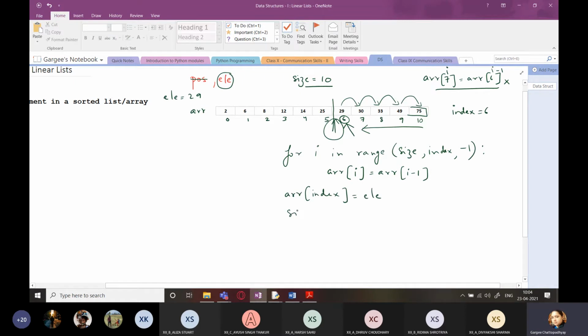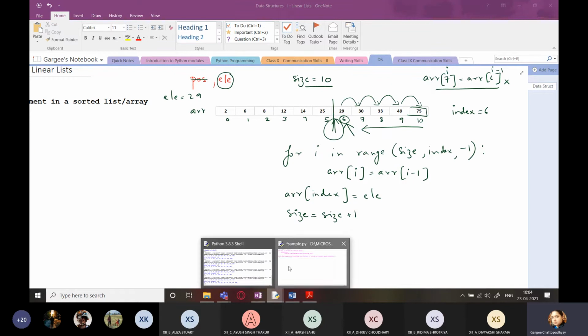And size, you can calculate it, size equals len, or normally in traditional algorithms we write size equals size plus 1, because there the arrays are not dynamic data structures. In Python, lists handle almost anything instantaneously. Okay, but in traditional languages, the traditional arrays don't have such things. The programmer has to do it himself, right? Let us see the program now.